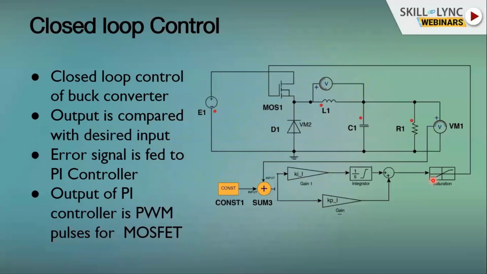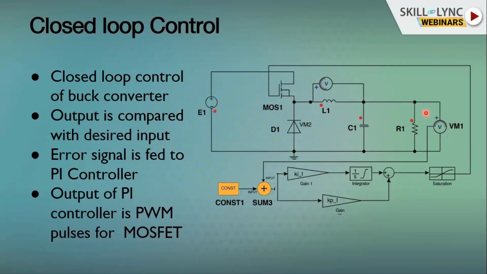Now, if you want to have a closed loop control, that means let's say the output is varying. I have just selected one of the buck converters. Let's say the output is having some load perturbation. This is basically some transients or load changing at the output side, for example a no load versus full load requirement of a certain application. In that case, definitely you want to have a closed loop control, right? So when I say closed loop control, the duty ratio is not constant. It cannot be 40% or 50% or whatever you select at once. So it will be varying.